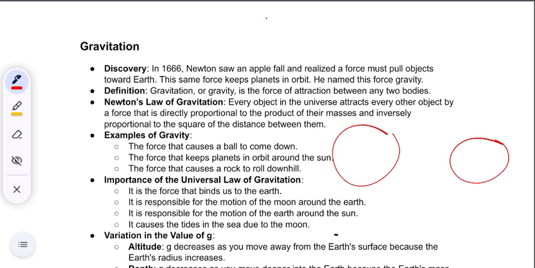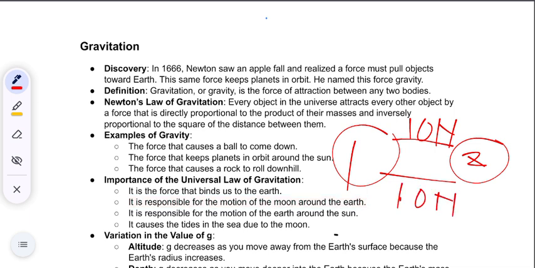You are applying a force on it, and this will also apply a force on you. It is not like object 1 will only apply force and object 2 will not. Both will apply, and the same amount. For example, if this applies a force of 10 Newton, this will also apply a force of 10 Newton only. It will not be like one is applying 10 Newton and the other is applying 5 Newton. From this law, you come to know, or